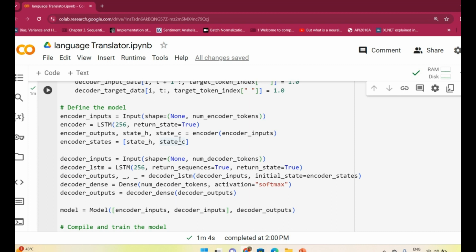Okay, these are the 3 states. Now I will define the decoder. First I'll define the encoder. Now I'll define the decoder. Okay, I do the same thing again. Define the decoder with an LSTM layer that will process the target sequence and then uses the encoder states as the